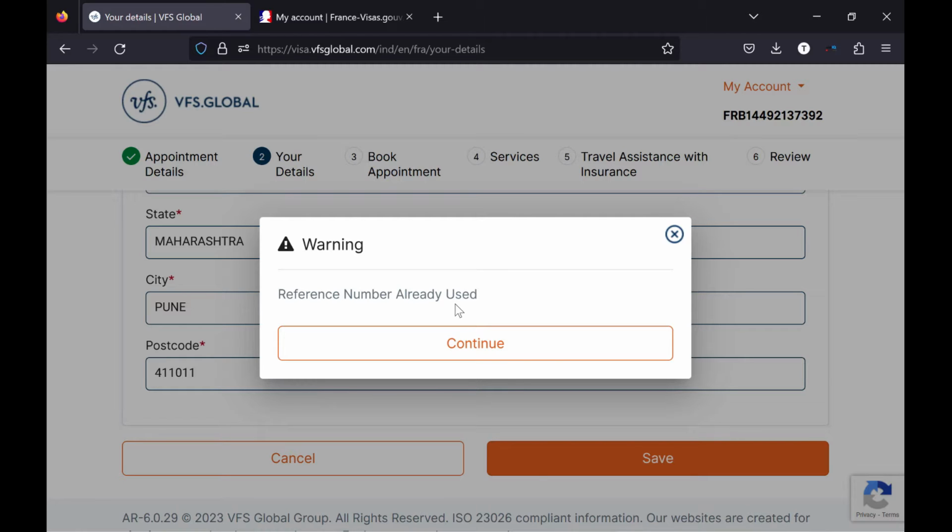This particular error is related to the reference number already being used when you're trying to fill in the VFS appointment for a France visa. I'll explain the workaround using which you can complete the application and take the appointment for your